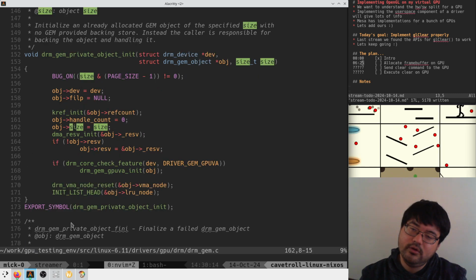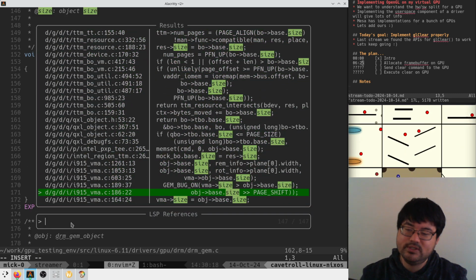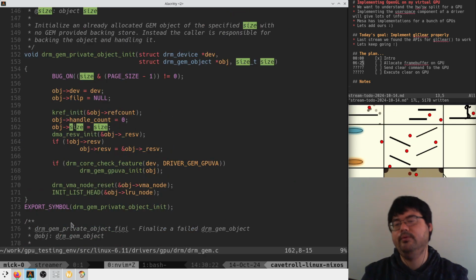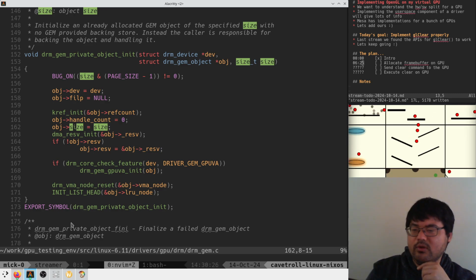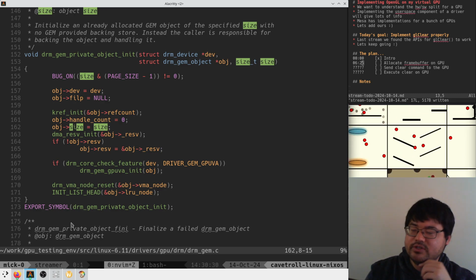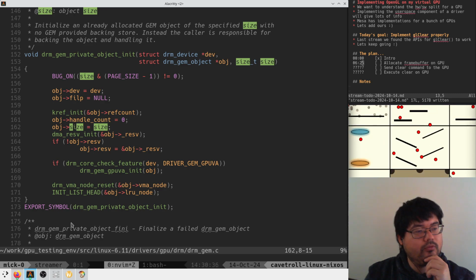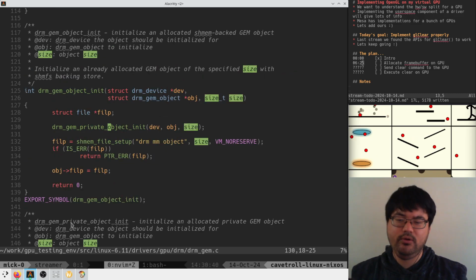Very interesting. This is used actually all over the place. TTM stuff, QXL object. Okay. I didn't really think we'd need a size, to be honest. Maybe we have to understand this a little better. We might need to understand this a little better. So,